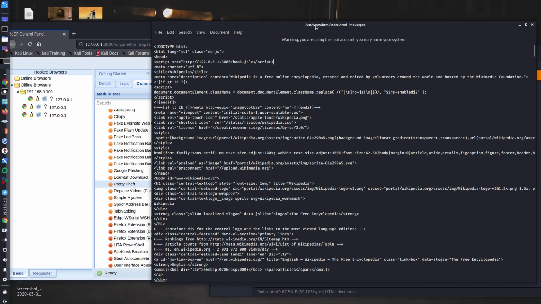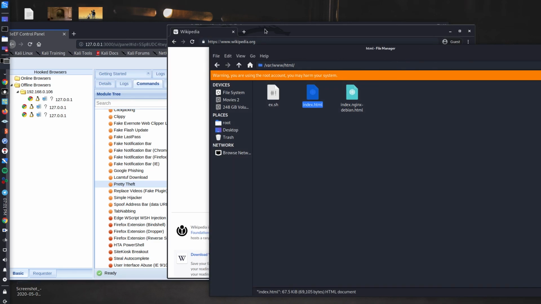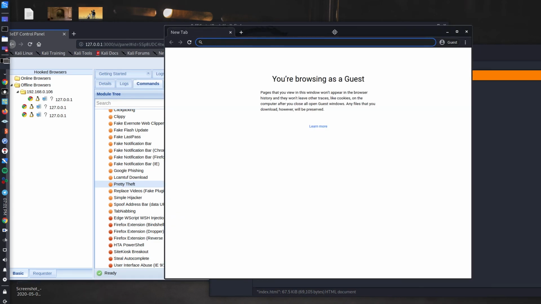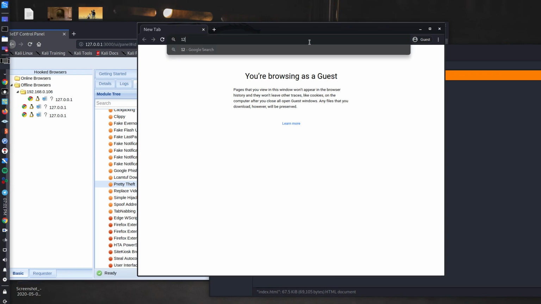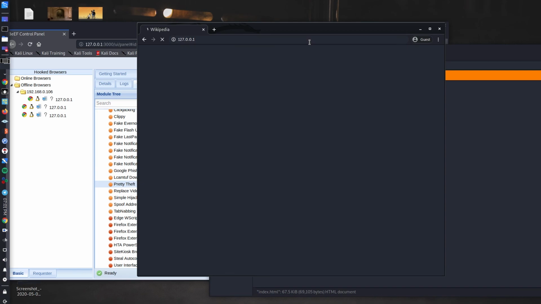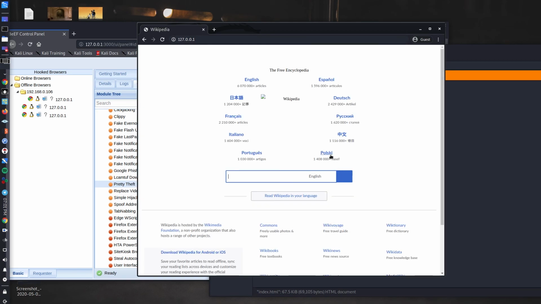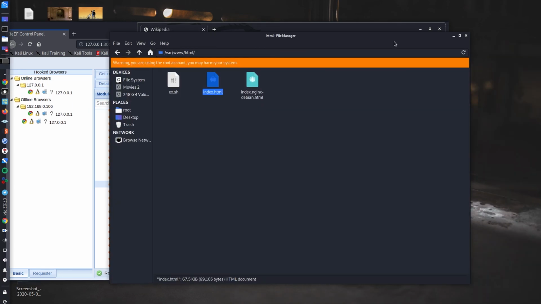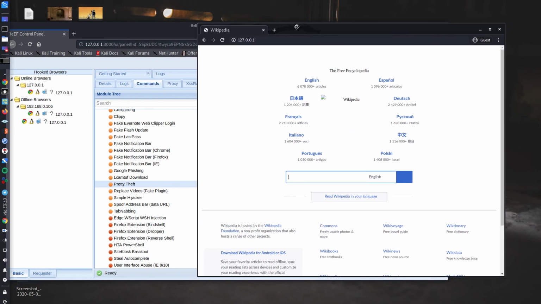Save. Now open the page from the victim machine, 127.0.0.1, and you can see it's a simple Wikipedia page with nothing wrong. Whenever you send this link to a victim, he will not be able to differentiate between the actual address and the exploitable one.